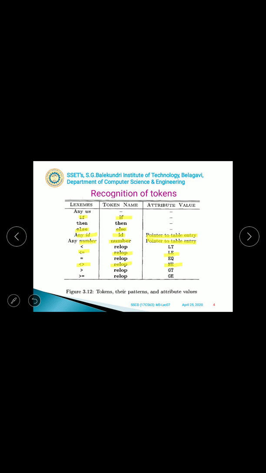As an intermediate step, it is going to create some transition diagrams. It means that we can recognize these tokens with the help of transition diagrams, and these transition diagrams are nothing but your state diagrams. This was already discussed in the previous course, automata theory. I am just recalling it here. Your transition diagrams have a collection of nodes, or you can call them circles, or states. Generally we use the term states.